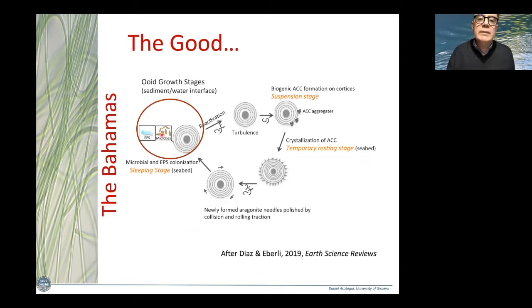And then you have the microbes that like to live in this place, in this EPS, and they develop and they start